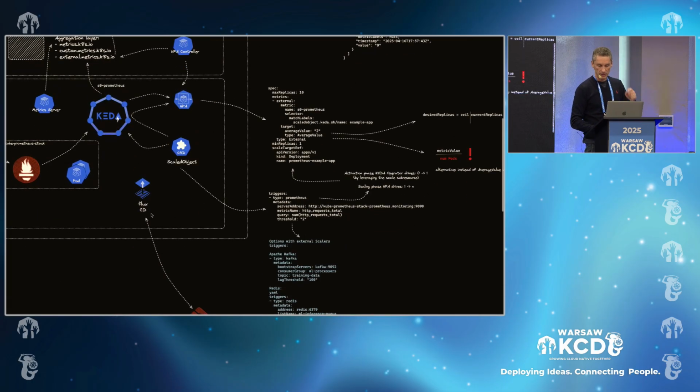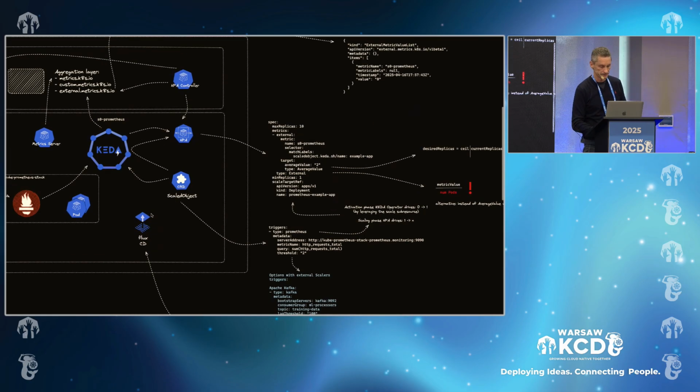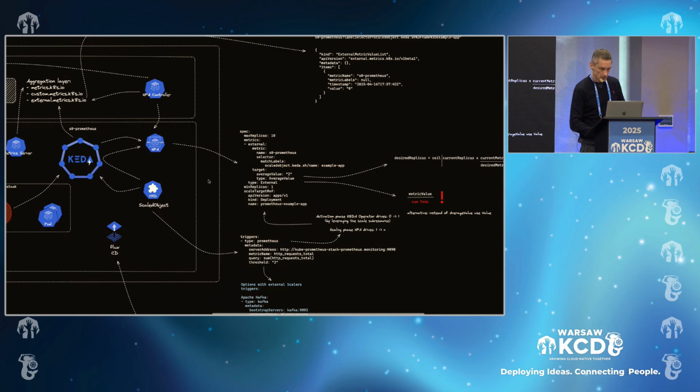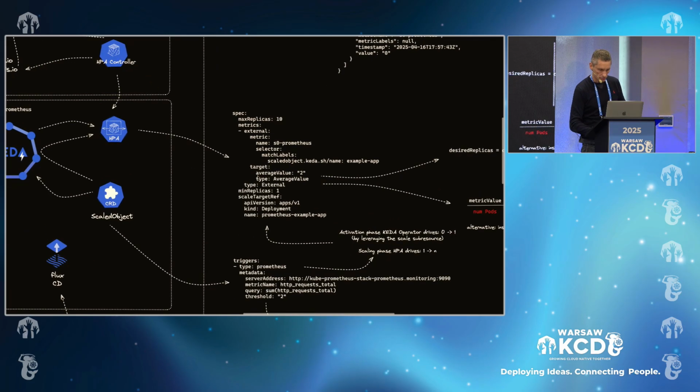Very quickly, the repository uses Flux as well, so I deployed Flux so that we can use GitOps and deploy our resources. Okay, so maybe HPA.